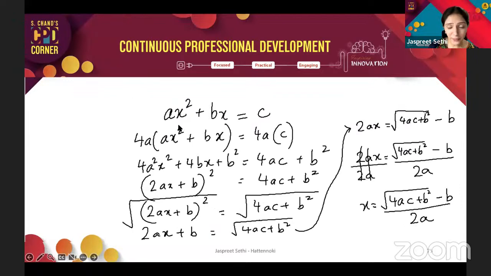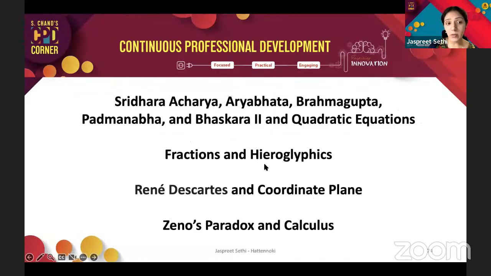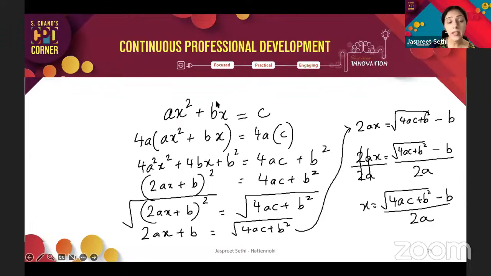So, quadratic equation, using what Sridhar Acharya has done, we start with a quadratic equation set up in a way that we are multiplying both sides of the equation with 4 times the coefficient of x square, which is a. So multiplying both sides by 4a, essentially. And that is going to make me use the distributive property and open it out. And then I am, again, with math being logical, trying to make a perfect square trinomial. So add b square on both sides.